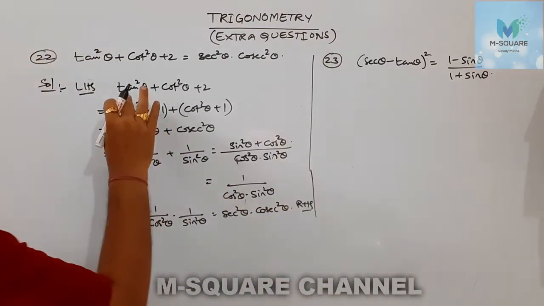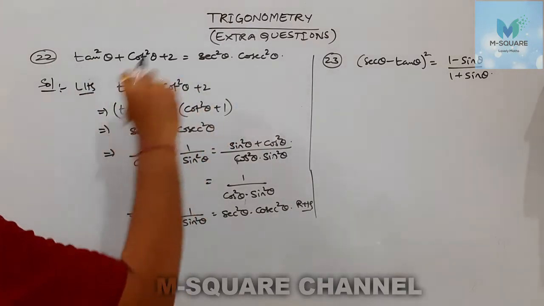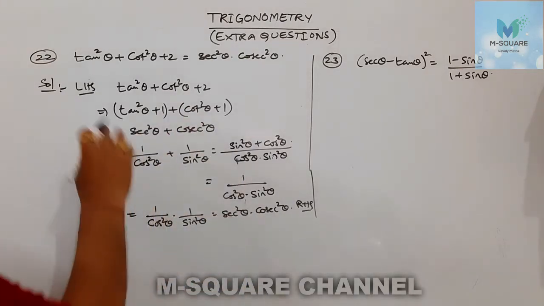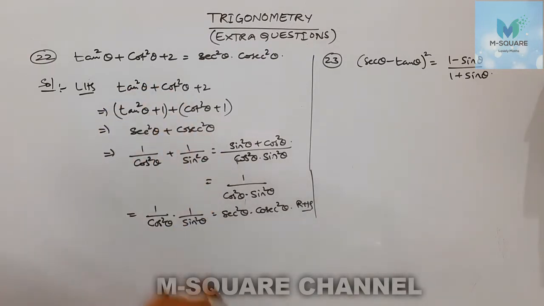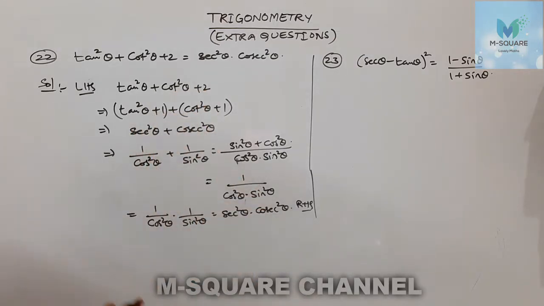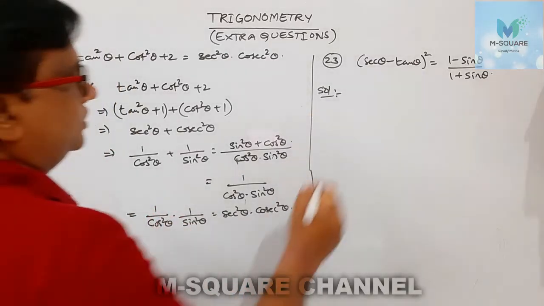So you can do another method also, sin by cos plus cos by sin. The LCM is like this, so it will come sin square theta plus cos square theta whole square. So the whole square part will be there. That's why you can write it as 1 square and it will come, but it is a little bit lengthy. That's why I am going to change this and split into two parts. We get this answer.